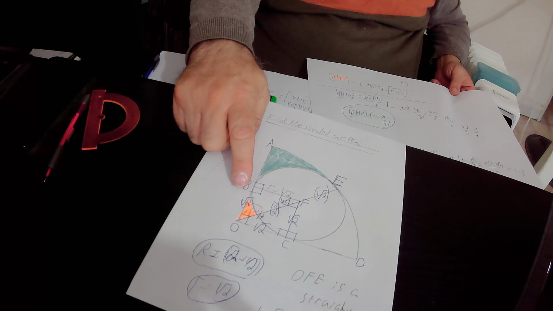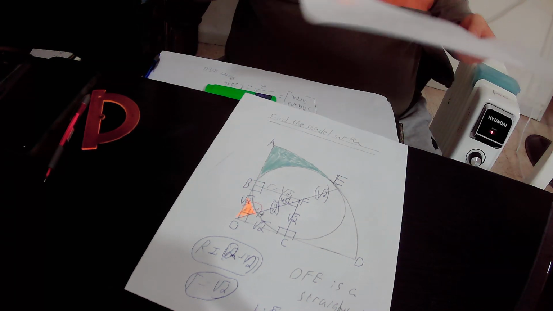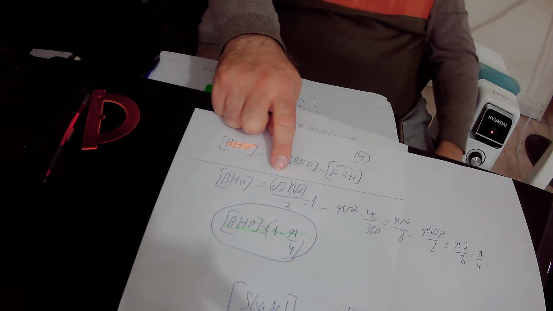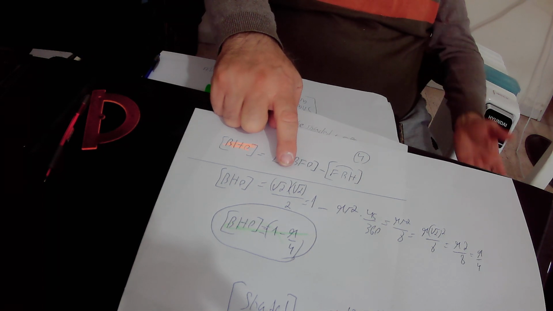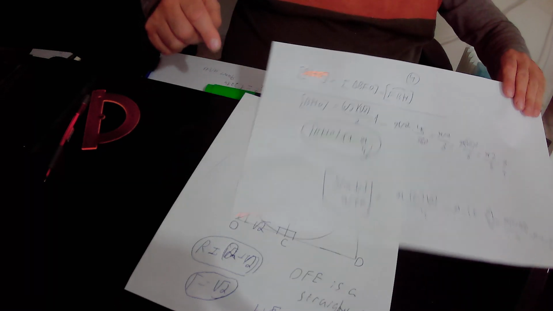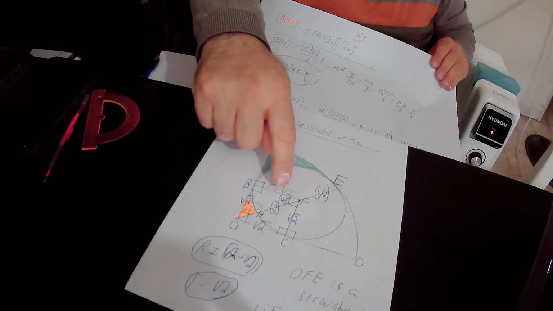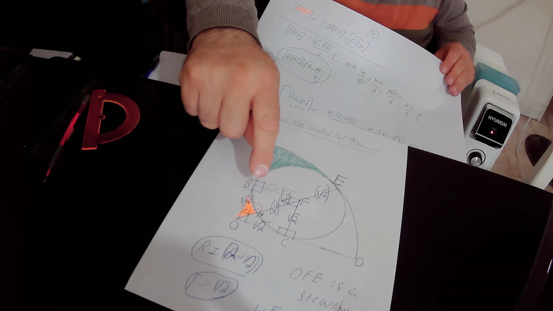The base is square root of 2 and the height is also square root of 2. Again, the base is square root of 2 times the height that is also square root of 2 over 2. Square root of 2 times square root of 2 is 2, and 2 over 2 is 1. So in conclusion, we found out that the area of this isosceles right triangle, triangle FBO, is equal to